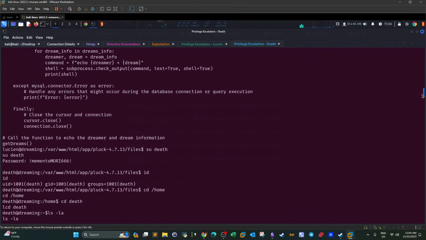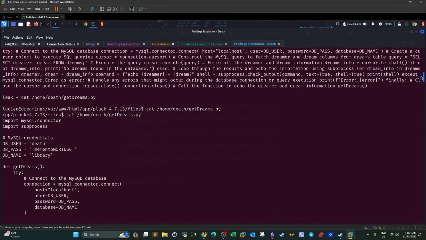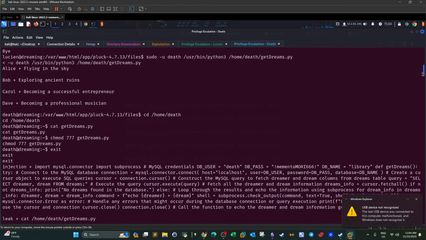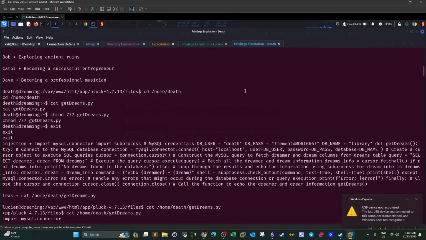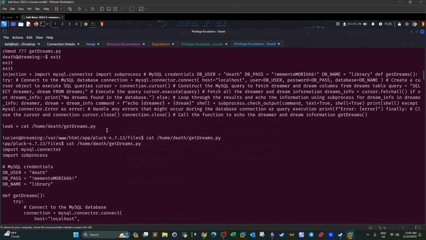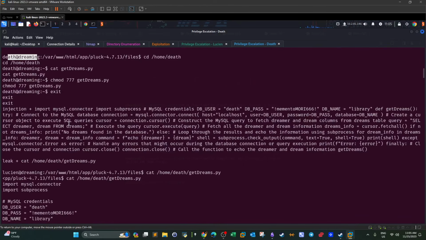So in the user death, okay, as you can see, guys, I have some problems with this machine because of the connection. That's why I have a lot of things going on in the command line. All right, so when we are the user death, we can now view the contents of the script